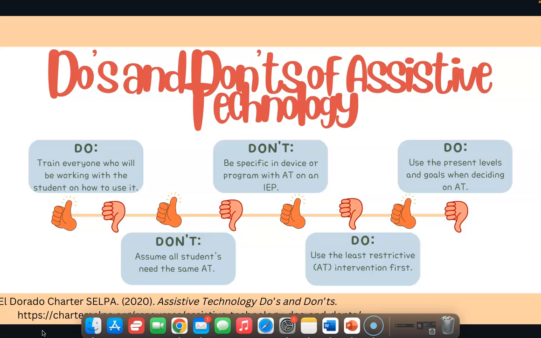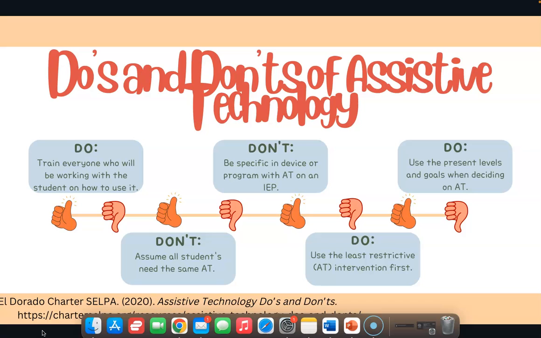Okay. We are obviously in a world of teacher shortages, and we have a lot of substitutes coming in. Well, let's put it in this idea. We have a student that uses an augmentative device. Maybe it's an iPad, maybe it's a static device, whatever it is, but they use it to communicate because they're nonverbal, okay? If you were a substitute and you walked into that classroom and you were assigned this student to work with, and you have no idea how to use their program, whether it be Proloquo, Touch Chat, or something completely different, you're going to be upset because you can't communicate with that child,